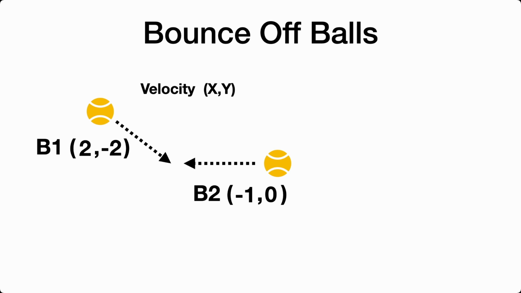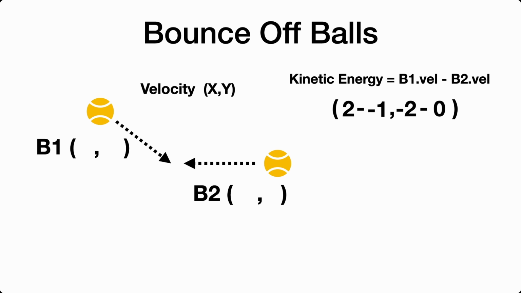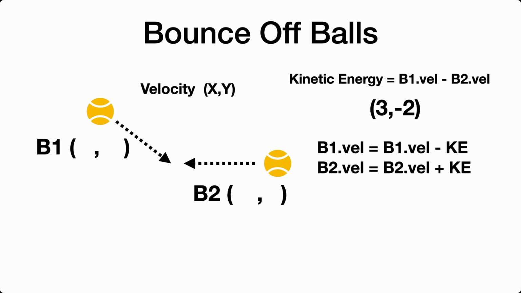I'll call that kinetic energy. To do that, it's a simple formula. We subtract the velocity of ball 2 from ball 1. So what does that give us? 2 minus minus 1 and minus 2 minus 0, which makes the difference in the collision energy 3 and minus 2. What do we do with that? Well, for ball 1, we just subtract it from ball 1, and for ball 2, we add that kinetic energy